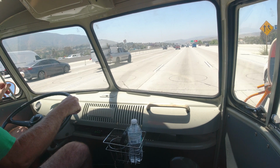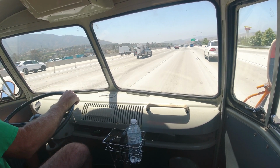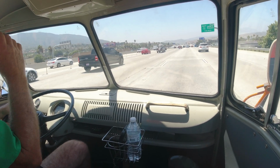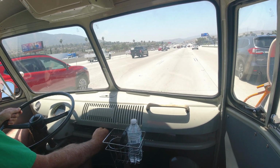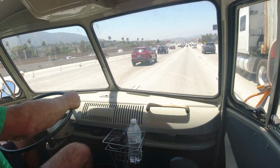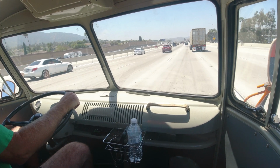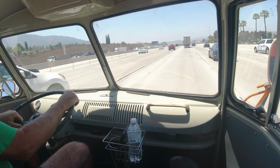One of the guys wants me to take it to San Diego. I don't know if I should do it. I don't think I should. It's not the drive to go to San Diego, or not San Diego, actually Oceanside, which isn't that far really. I could take it over there. There are not that many hills, so I could go all the way through Temecula down into the valley. But then when I climb out of the valley of Temecula, going up that